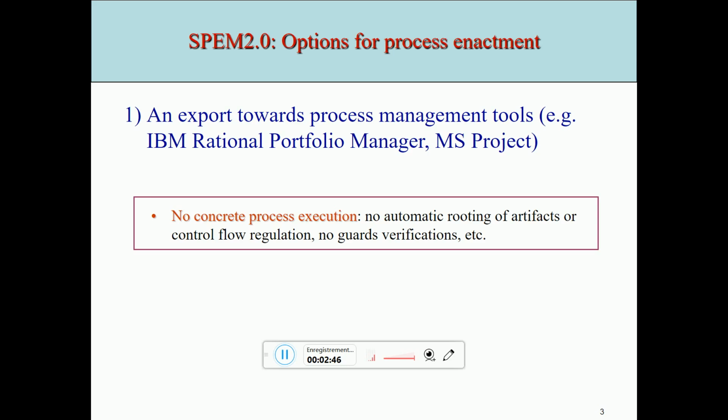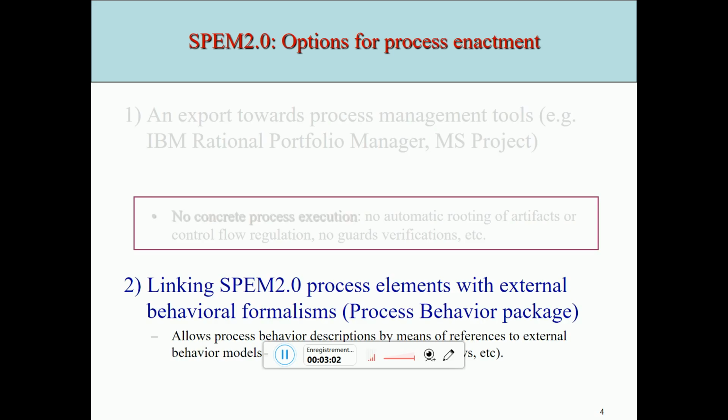You just map your process model into MS Project, and then you need to add manually everything which is related to the instantiation of this very specific process, and of course you can't execute this process. The second option proposed by the standard was to link some of your process elements with external behavior formalisms like Petri nets, for instance, or activity diagrams. But still this was very vague, and there is no way to come up with a process execution by doing this.